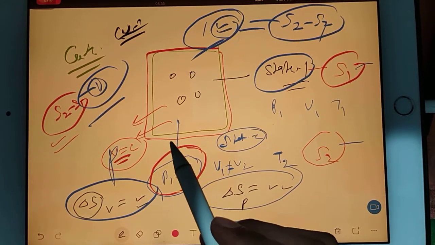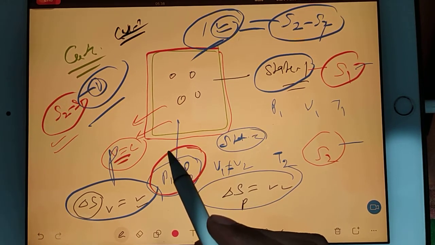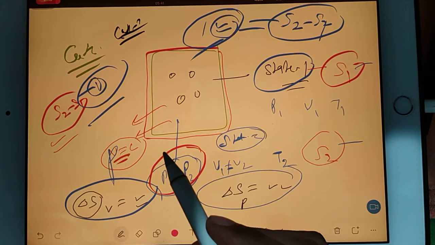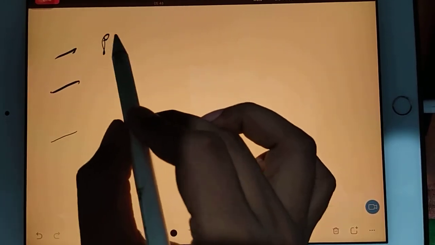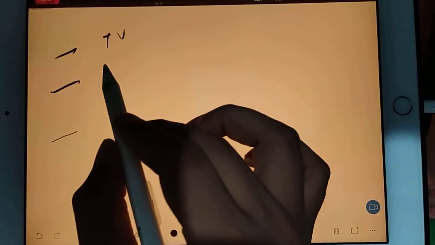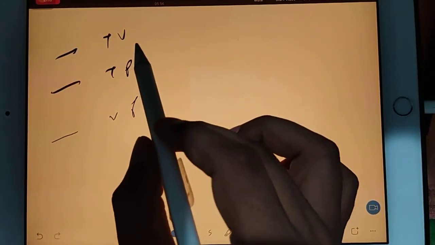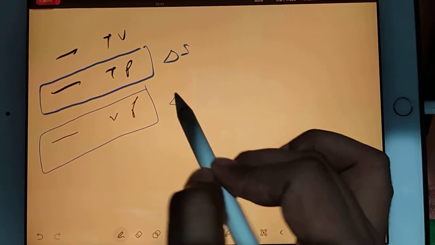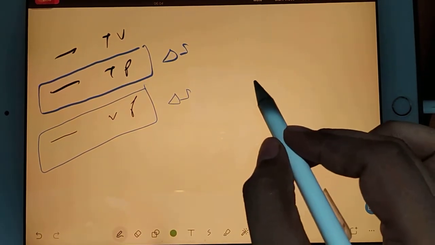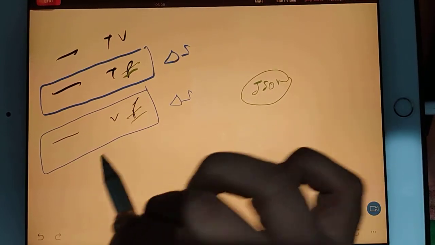Pressure constant is known as isobaric, correct? So if you have an isobaric process, and you will find your entropy change for the isobaric process, how will you know the formula? I have given you 3 formulas: one in terms of temperature and volume, one in terms of temperature and pressure, and one in terms of volume and pressure. If you use either of these formulas, both are for del S. And in an isobaric process, your P will not change in both the formulas.